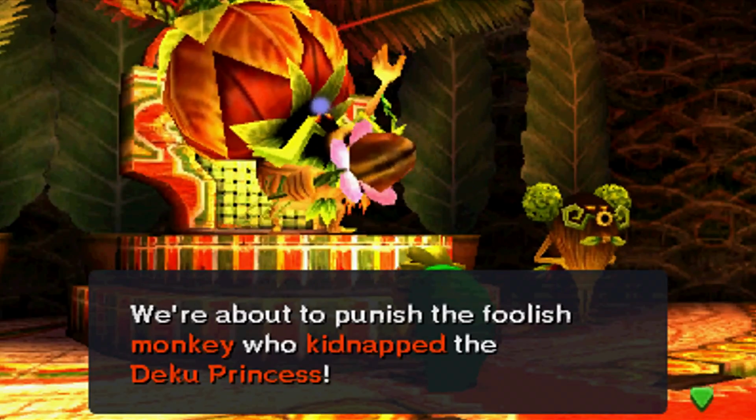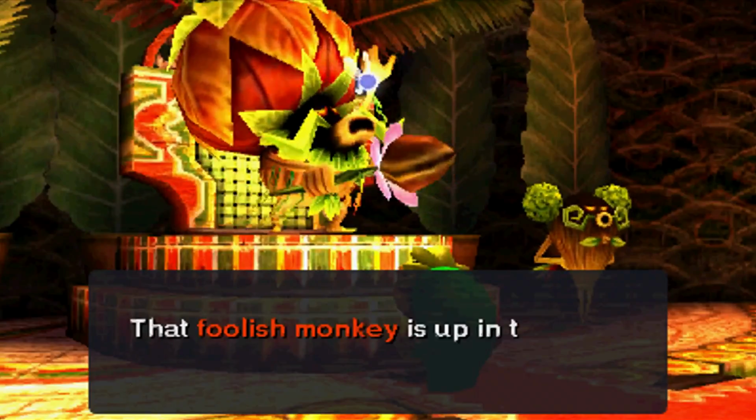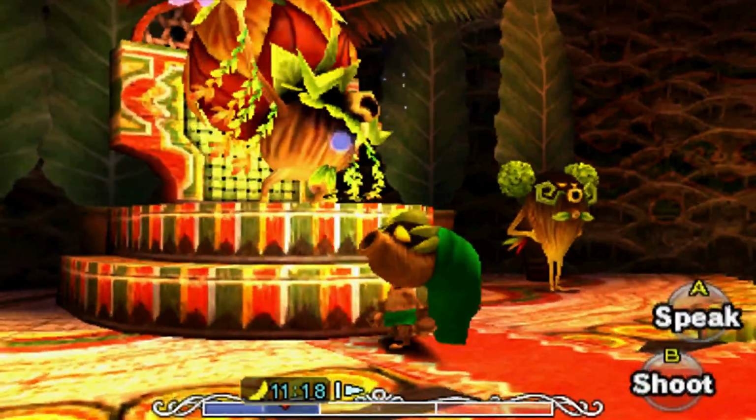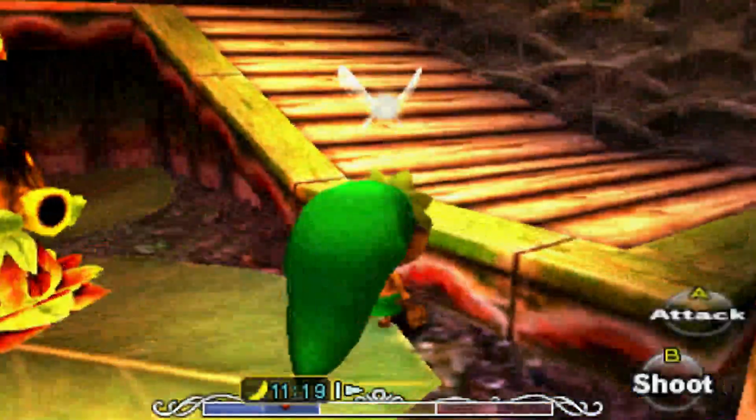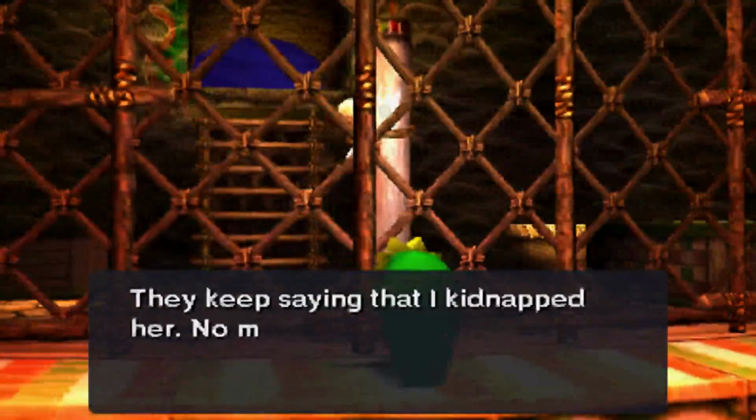So they're gonna punish the monkey, that's no good. And for some reason he's insulted the royal family, I don't know. Anyway, he's gonna be over in this cage, and there's no way that we can get to him. However, do we do that? Well, there's actually a pretty obvious way right behind him, so...